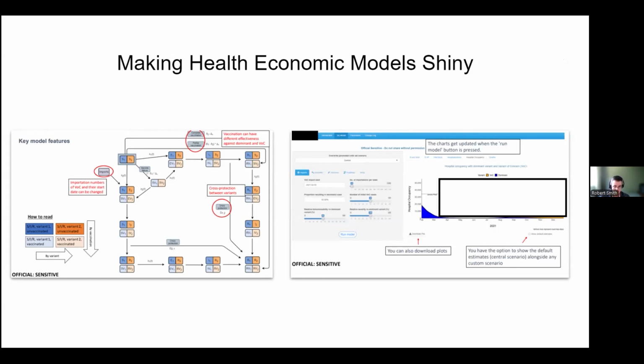And these models, as I'm sure a lot of you know, are incredibly complicated. And the models that were built by the large universities, so Warwick, Imperial, and London School of Hygiene and Tropical Medicine in particular, took hours or days to run. And so we built a simplified version of that model, which allowed users to play around with those parameters live